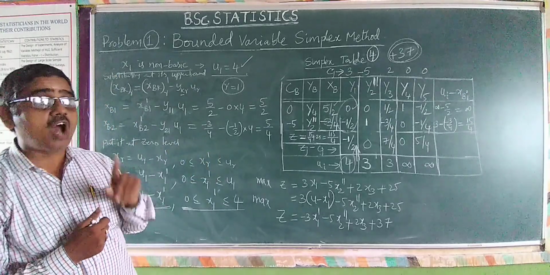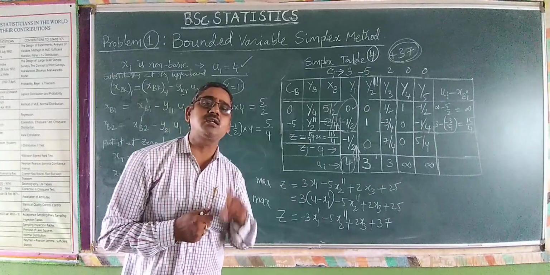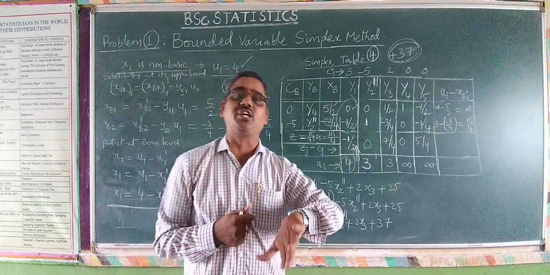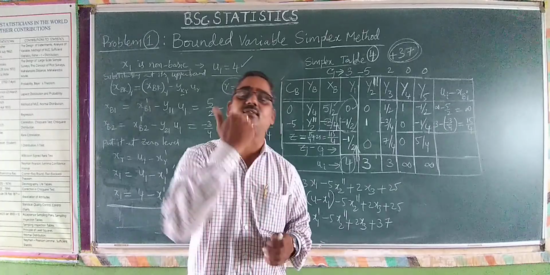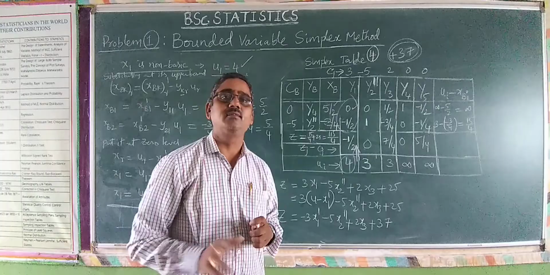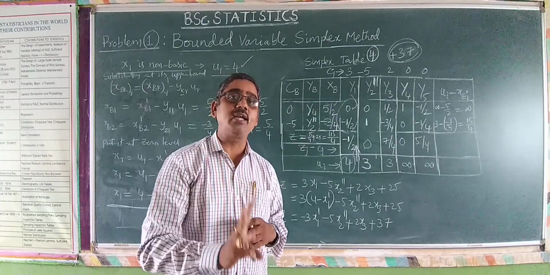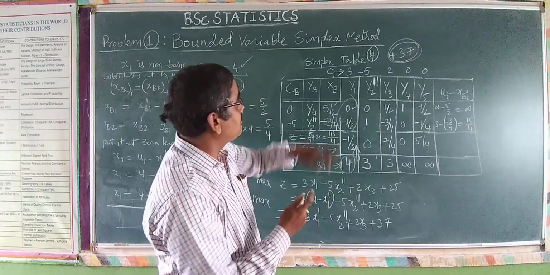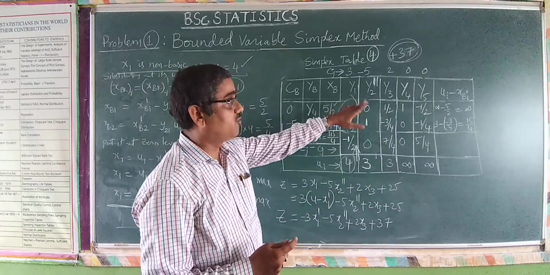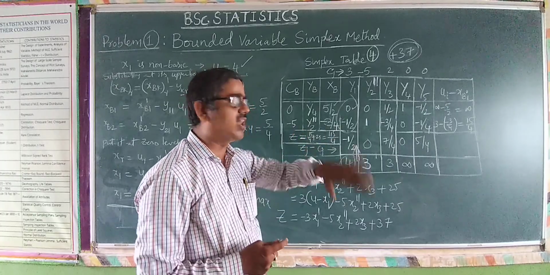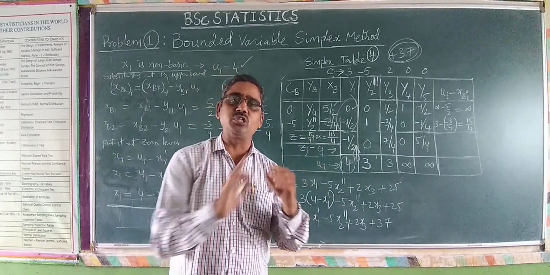But of course you have to keep in mind that the case theta is equal to theta 2 was not finished. We are in the same case. We are now ending this case. All 3 points were completed in 2 simplex tables, simplex table 3 and simplex table 4. In the first one, we finished the calculation where y2 double dash enters and y1 leaves, the calculation as usual simplex procedure.